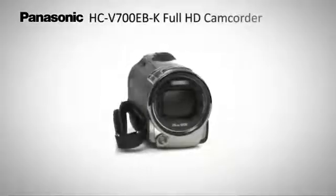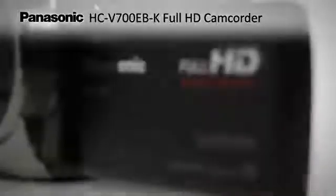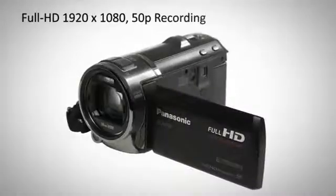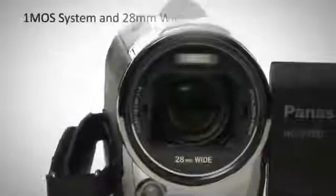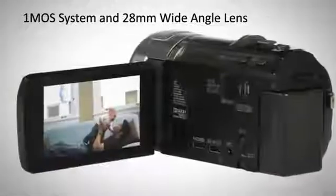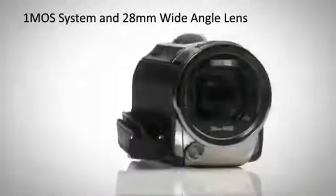Perfect for capturing those precious family moments, Panasonic introduces the HC-V700 EBK. Full HD and 50 frames per second progressive recording produces the ultimate image quality. The highly sensitive 1MOS system and ultra-wide-angle lens offer beautiful images with perfect color quality and detail, capturing every moment